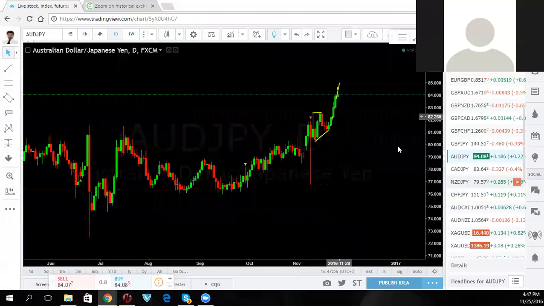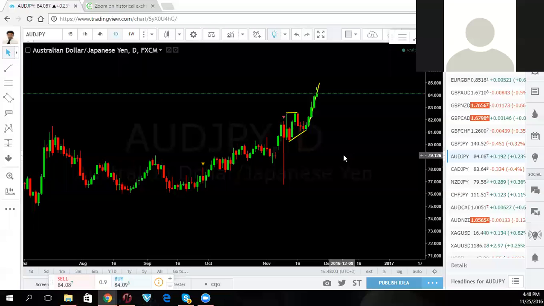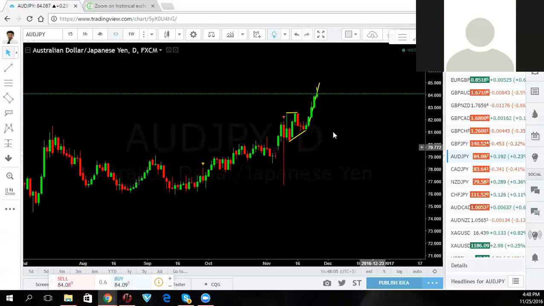So we all know what happens. You see that thing? It just fell. But then it pulled back and it went up. And then I woke up the next day and I sold my first trade. My first trade I sold, I kept the stop above the top. I lost the first one. The second one, I had enough profit. I'll show you the trades, each one.